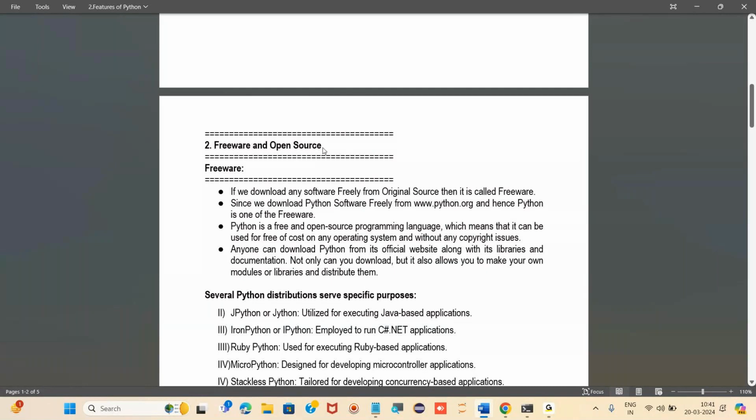The source and the features will be open to everyone. Anyone can use the features of Python, no matter what operating system you are using. You can use it freely, and everything is free. Getting my point, everyone? Yes, thank you.